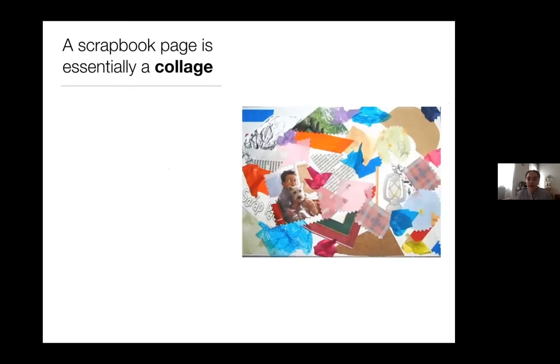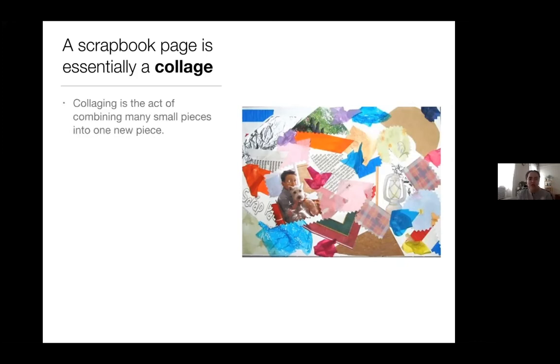So a scrapbook page is essentially a collage. You might know the term collage. It's not super important to know these terms, scrapbook, collage. You can still create without these words, but I want to give them to you in case you want to do your own research, or maybe you have connections already to these activities. You might make collages already. You might make scrapbooks. That way you can connect with these words and either use them for further research or understand better how it is what you're already doing with your child.